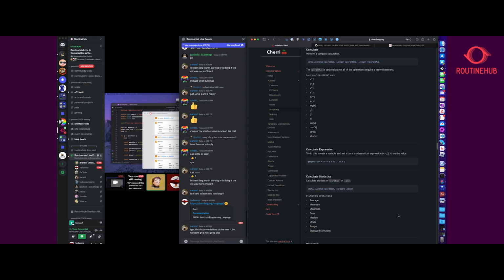A lot of the actions, a lot of the same kind of stuff that you would be doing logically in shortcuts translates over very well. So, oh, I need to check something. Okay, I would use an if for that. So I put if, I put my operands, and